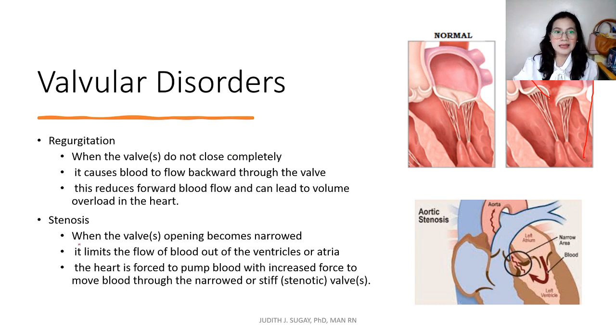Stenosis, on the other hand, is a condition when the valve's opening becomes narrowed. You can see here the narrow area, and this is where the blood must pass through. Having a narrowed valve opening will limit the flow of blood out of the ventricles or atria. What will happen because of that limitation? The heart is forced to pump blood with increased force so that the blood can move through, even if the